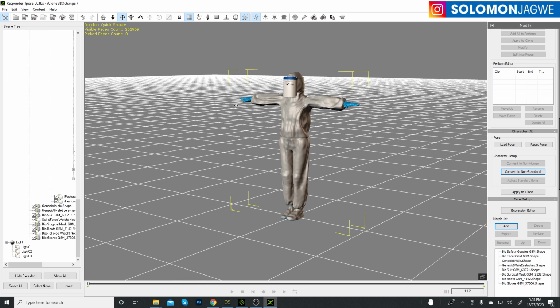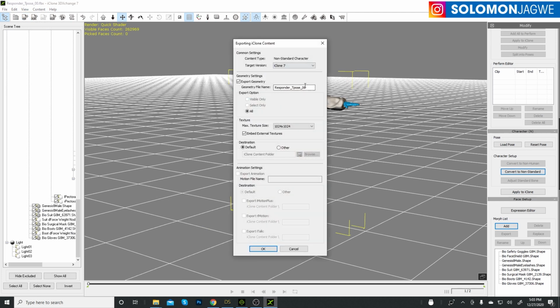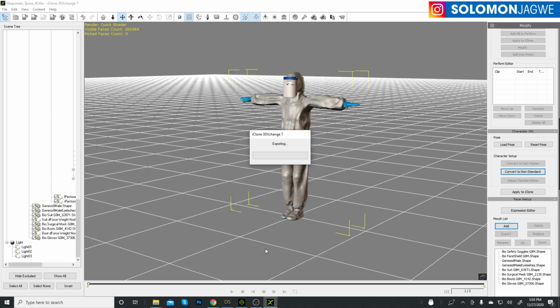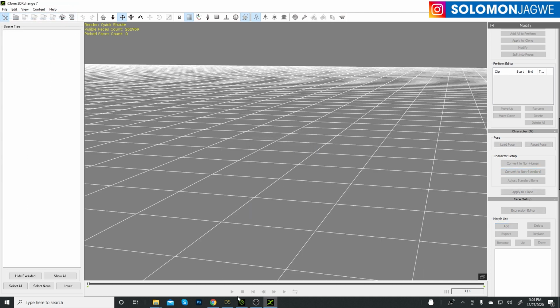So now we can save this model as an avatar. Click on this button right here, and we'll call it responder T-pose 01. It's going to put in the default folder, which is going to be your custom folder in iClone, and click OK. And let it go through and finish the exporting. Okay, so when it's done, we don't even need it here. We can just go to new file, and for now, let's go to iClone,